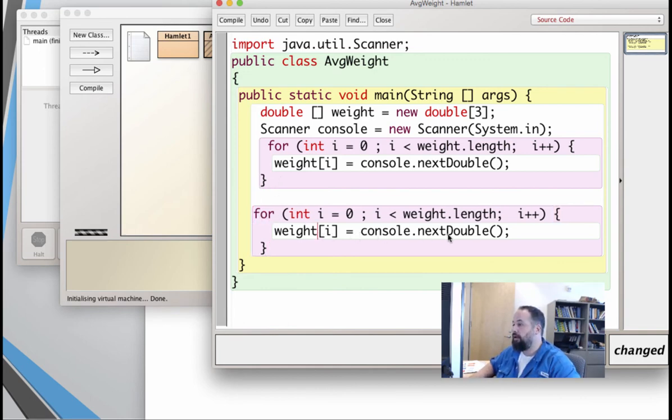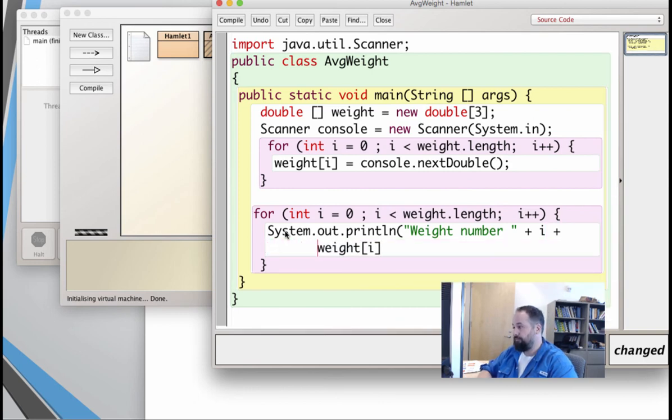And then instead of reading in from the console, I'm going to say System.out.println, "weight number", and I'm going to add i, so it'll show us the index, "is", and then I will get the actual value at that index and compile it,